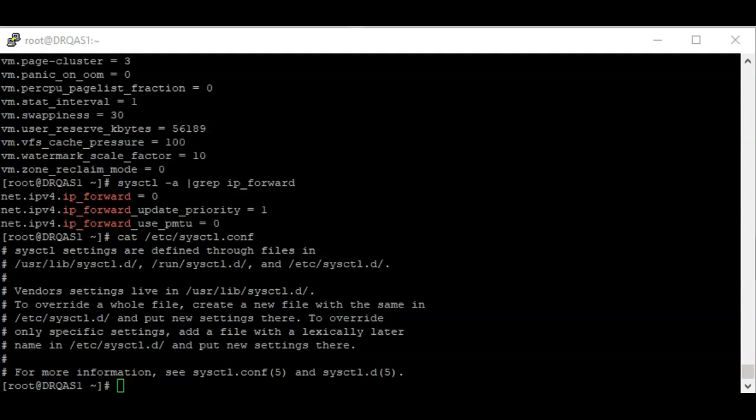Okay, so the question now is, where are these kernel parameters now defined? So if you look at this place, you can see that sysctl settings are now defined through files in this directory, or this directory, and this directory. Okay, and you can see that vendor settings live in this directory. And to override a whole file, you need to create a new file with the same name in this directory, alright, and put the new settings there. So let's look at where we have the vendor settings. Alright, that's /lib